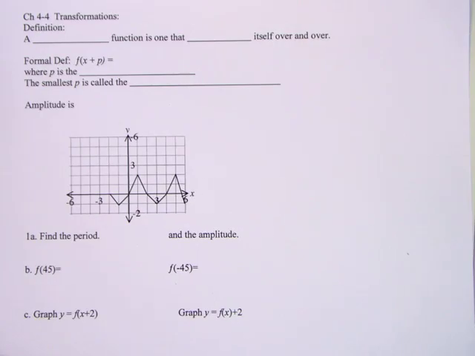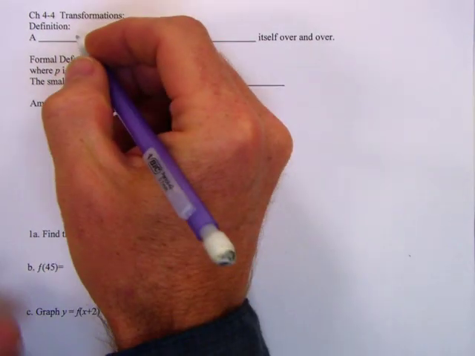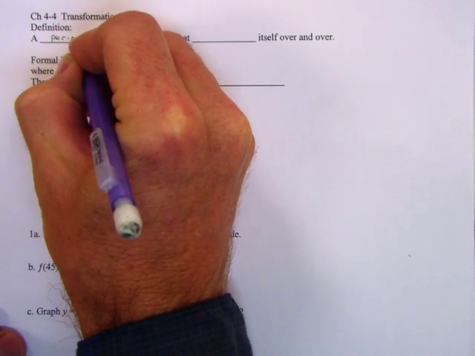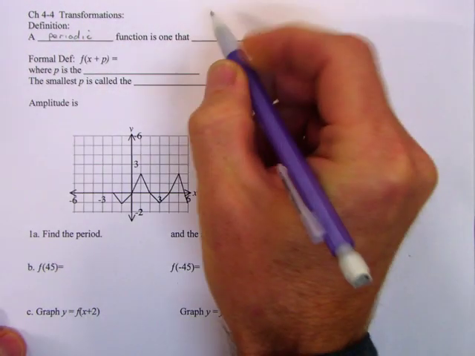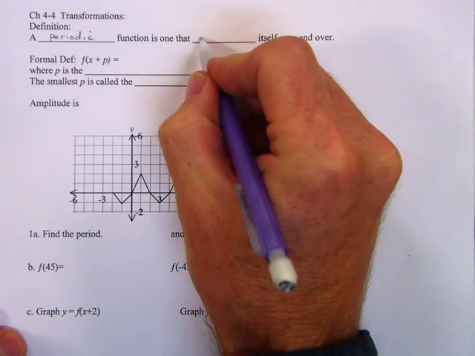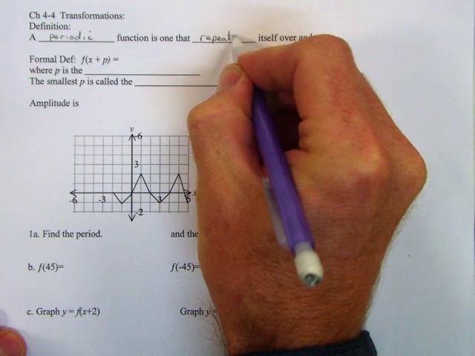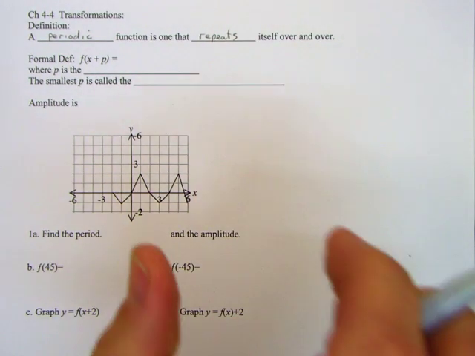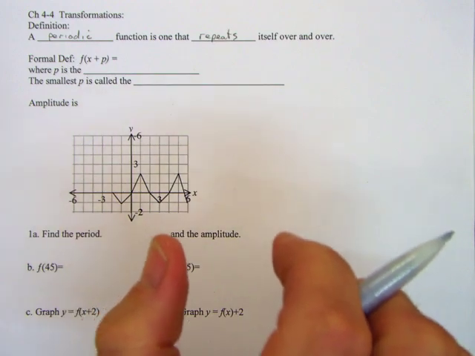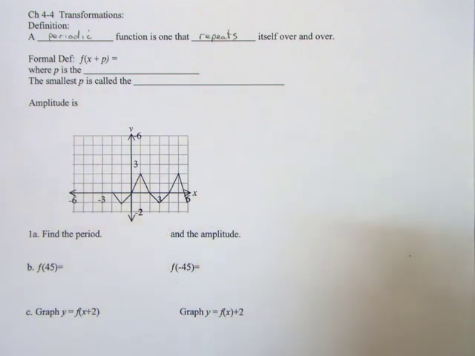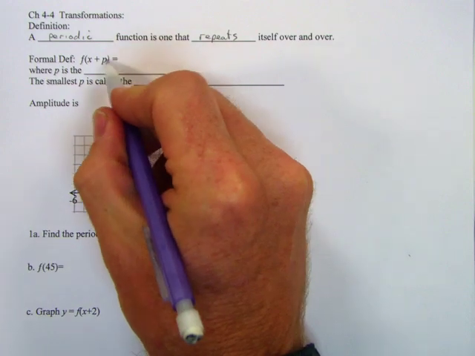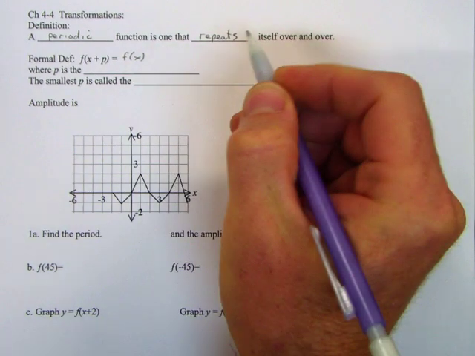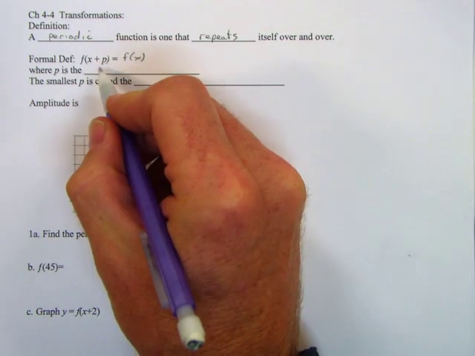Function transformations. First, we're going to need some definitions here. We're going to state a periodic function is one that repeats itself over and over and over again. So we have some section of the graph, and that section of the graph is just going to be copied side by side. The formal definition is f of x plus p equals f of x, where p is the